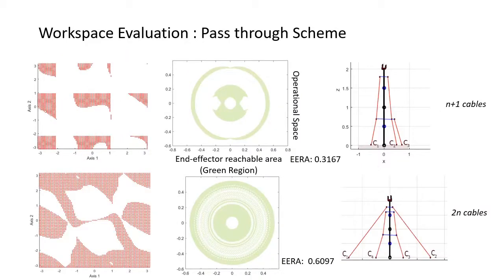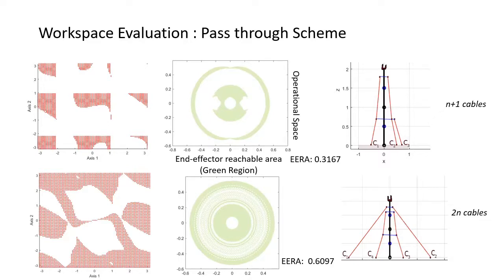Analysis was performed for tooling planar multilink cable-driven robot with pass-through routing scheme. There is a loss of workspace in pass-through scheme, and the reachable workspace is primarily along the boundaries and across the origin. This is due to the fact that the routed cables result in actuation of link 1 even when minimal actuation of link 2 is required, leading to the instability in joint 1.